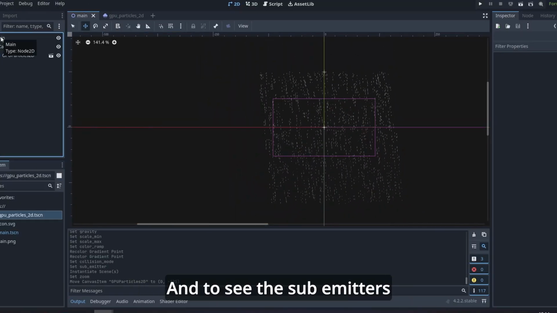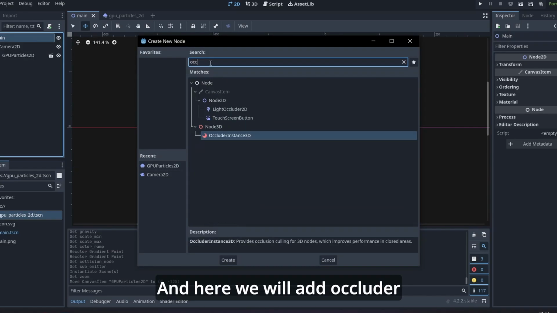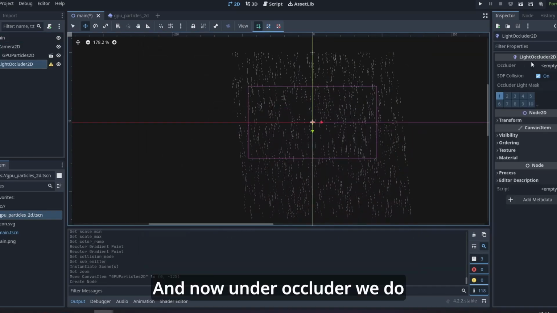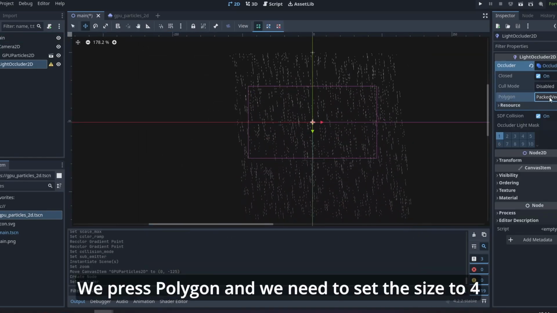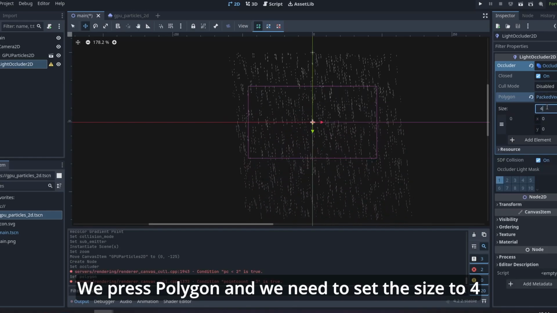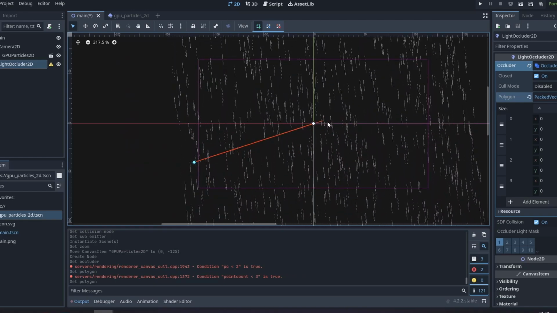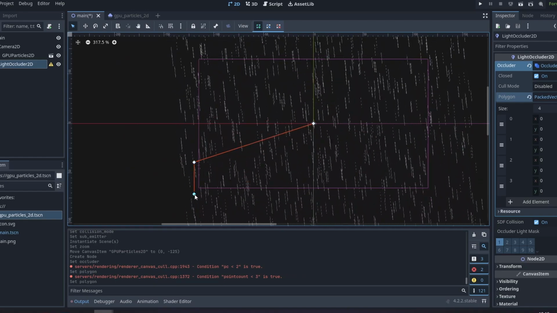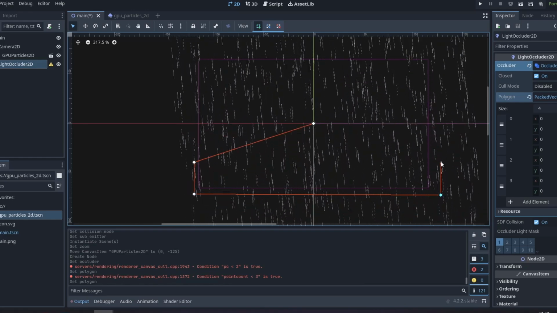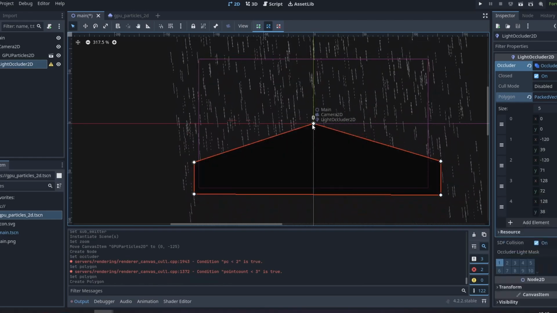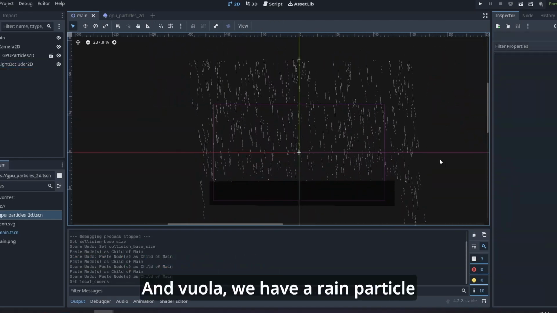And to see sub-emitters we need to put a surface on it, so I will add a child node, and here we will add a Light Occluder 2D, and now under occluder we do new occluder polygon 2D. We press polygon and we need to set the size to 4. Here we need to move the points, so I will choose 1 point right here, then 1 point somewhere up below the camera, 1 here and 1 here. Then I will delete this one and we have a surface, and voila,